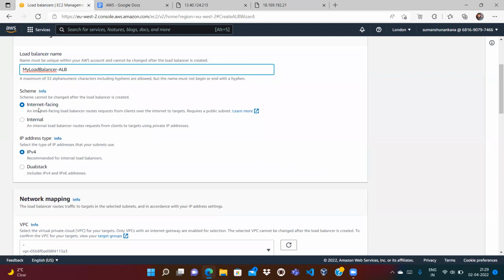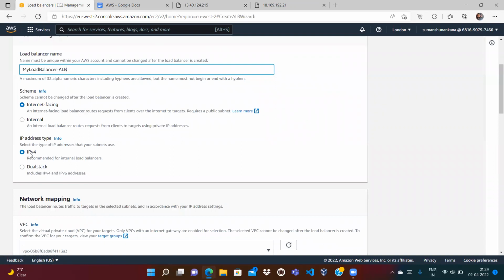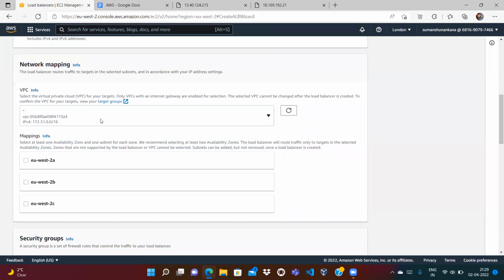Okay, it is internet facing because it is public only. It is not the private. It is internet facing. It is IPv4. Okay, now we have to